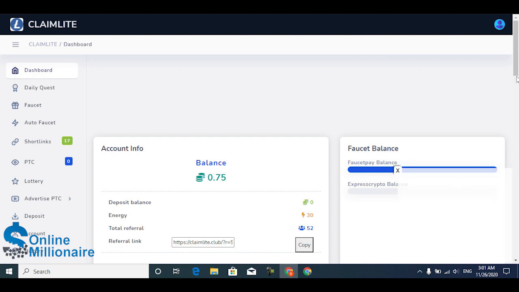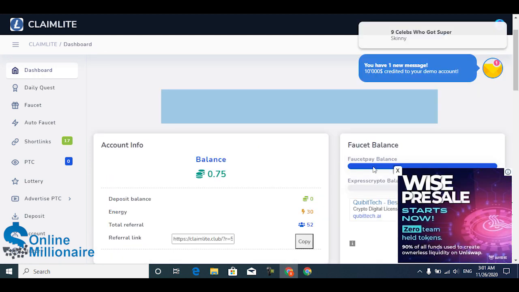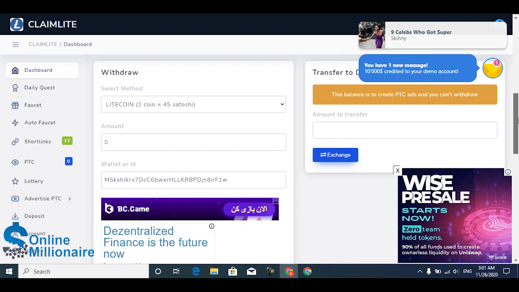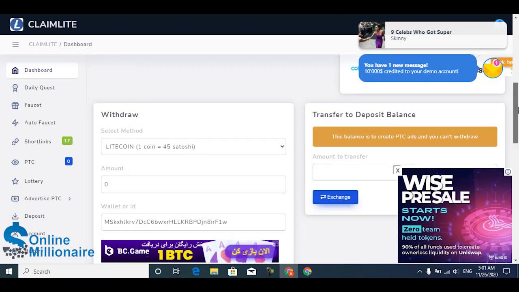Okay, and you can withdraw your funds in FaucetPay and ExpressCrypto, both, and this is all about